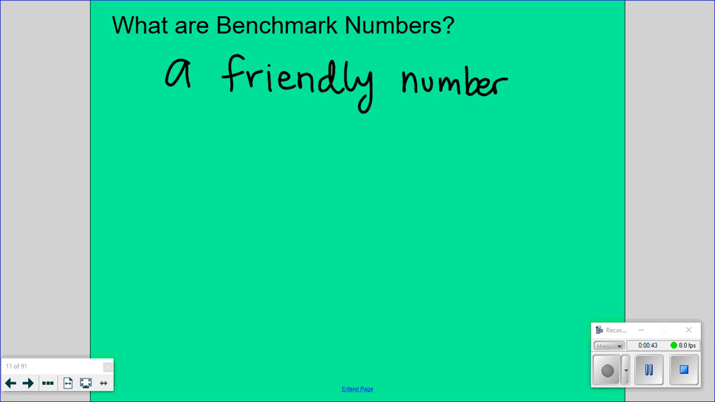Now you might be thinking, Miss Miller, what in the world? How are numbers friendly? They're just numbers. I don't mean numbers that are nice, even though that sounds like what I'm talking about with a friendly number. I mean numbers that are easy to do things with. Easy to add with, or easy to subtract with, or easy to multiply with. A friendly number is one